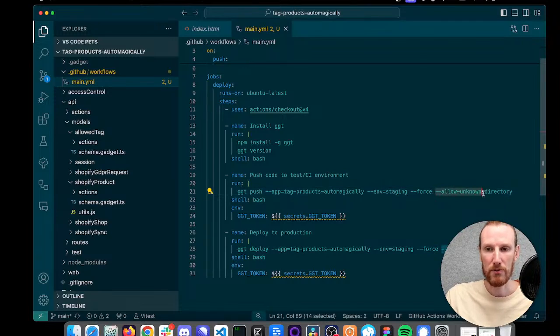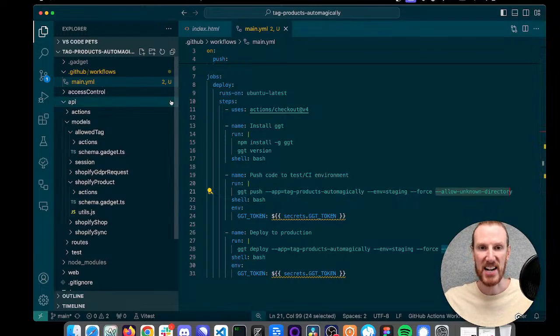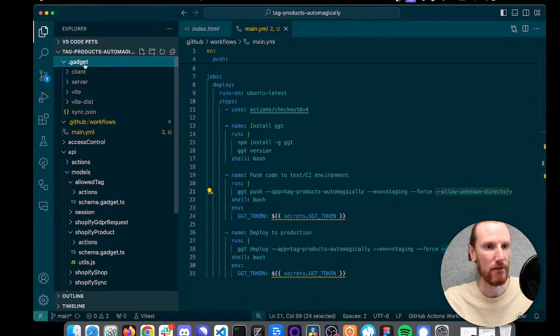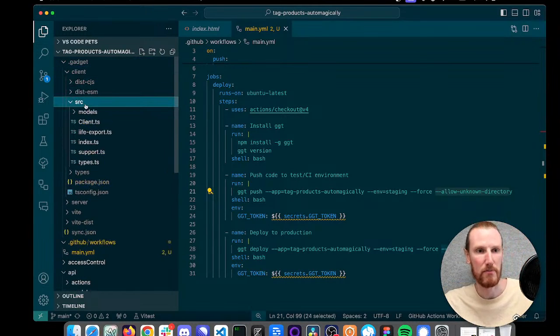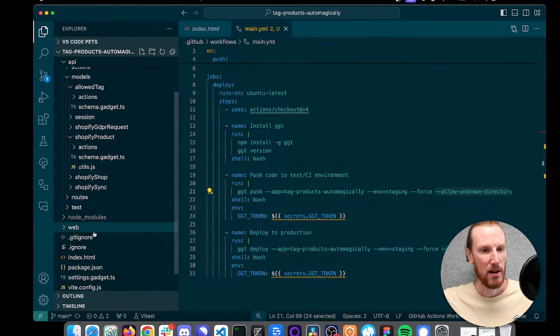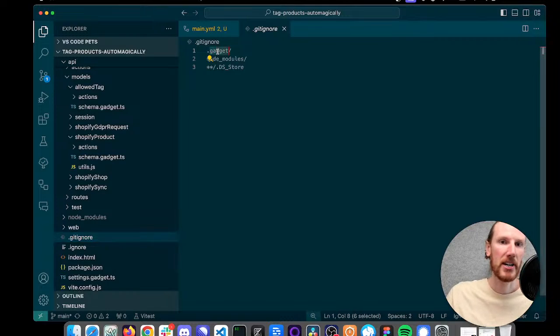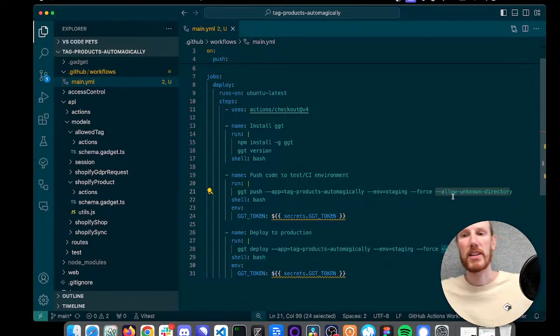Allow unknown directory allows us to make this change from Git. And what it's really doing is, when I pulled down my Gadget project locally, I got this .gadget file, and this contains a bunch of type definitions and my bundled code and such. We're not pushing this to GitHub by default. It is included in my .gitignore file. So this allow unknown directory is just allowing us to actually push our code from Git without that .gadget file